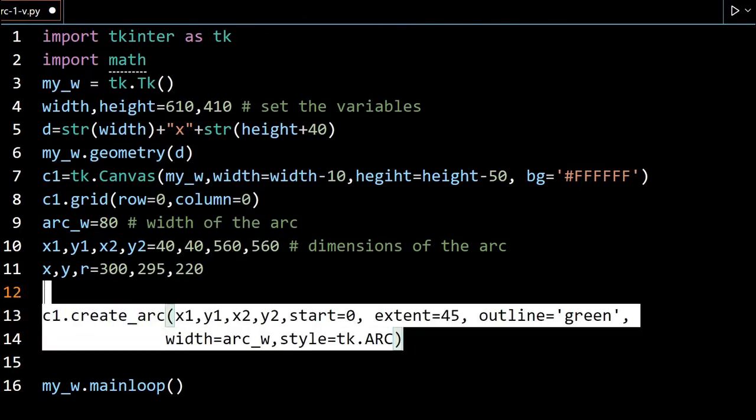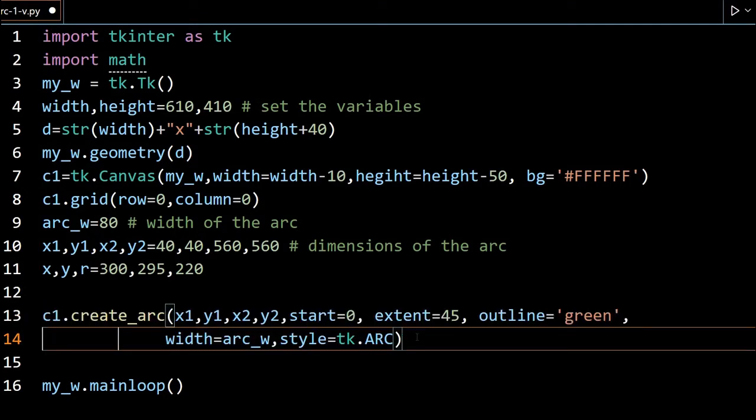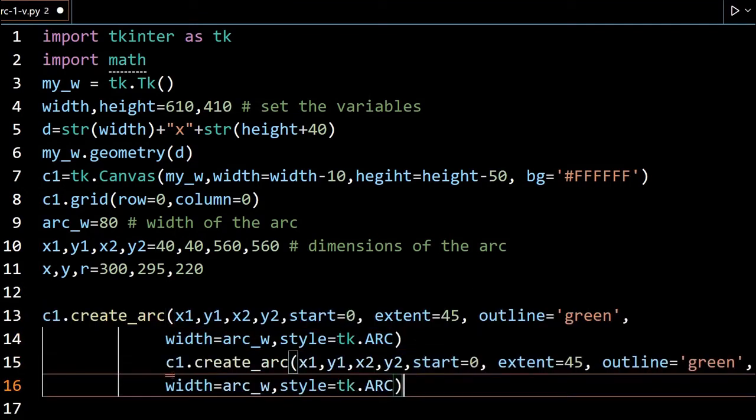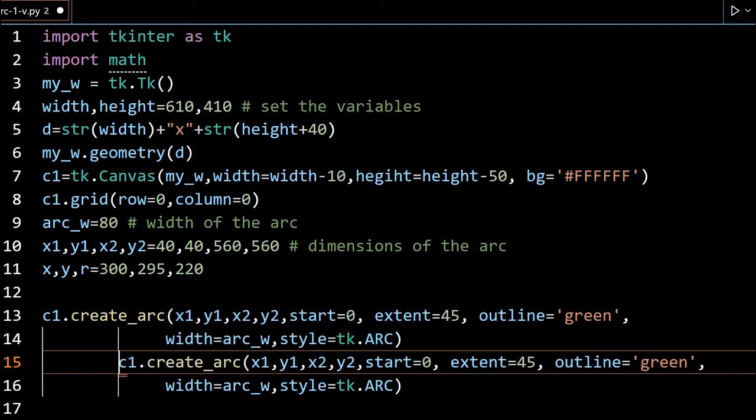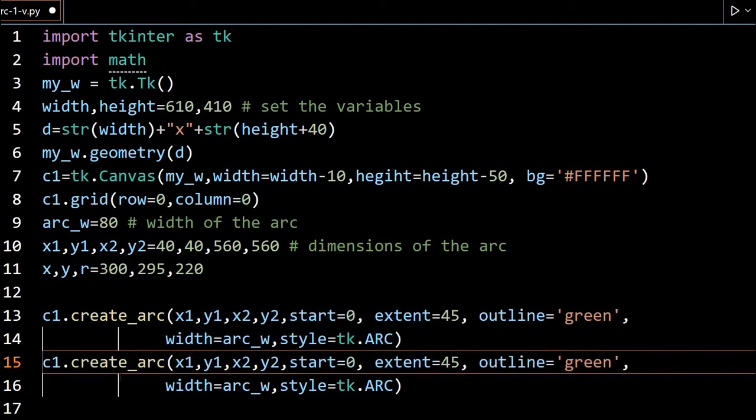Outline is green. Now I'll copy this and place it here. C1 create arc, one more. I am starting it from 45 and extending it another 45 degrees. Outline is blue.